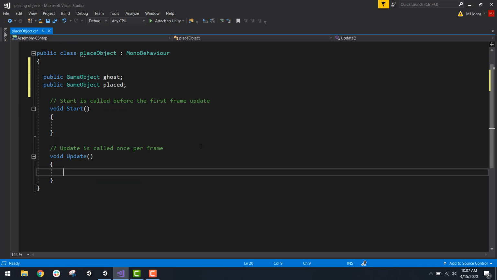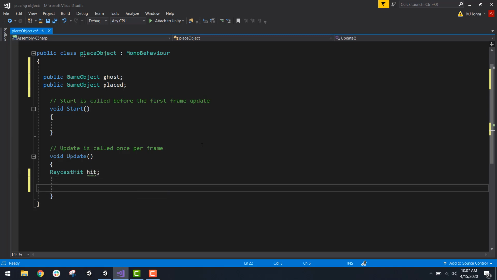Then in my update function, what I want to do is detect where the camera is looking, and we generally do that with a raycast. So I'm going to create a temporary variable called raycast. The variable type is RaycastHit, and I'm going to name it hit. This is just the standard format for doing a raycast, to name it hit. The RaycastHit is a variable that has data about what the raycast is colliding with. So it has information about the exact point that it hits, as well as what the object was that it